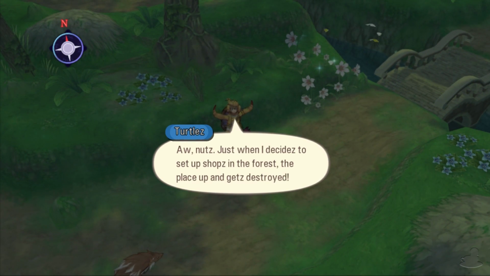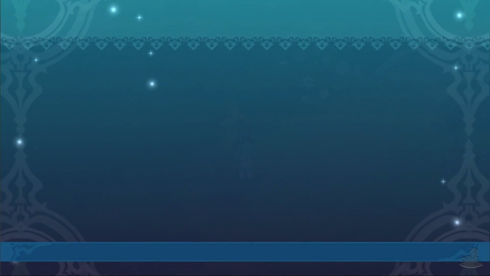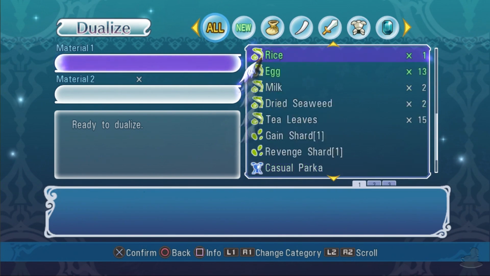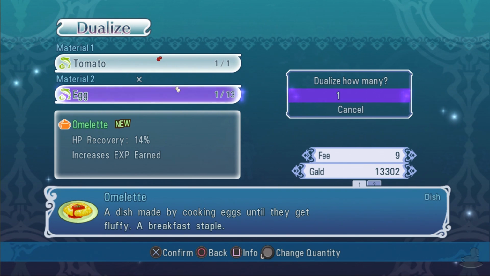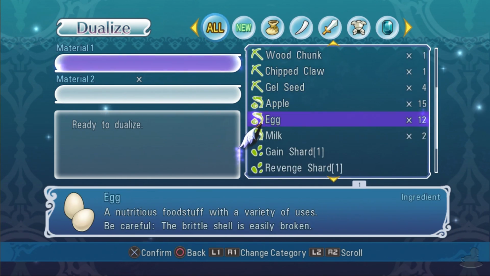Ah, nuts. Just when I decide to set up shop in the forest, the place up and gets destroyed. Seems really dangerous over there. Make sure you're prepared. Should I charge the mixer? I didn't get anything from the mixer. Of course, our health isn't really dropping, is it? A tomato and an egg. An omelette. Alright then. Some beef and some rice. A beef bowl. Lovely. Is that all we can...